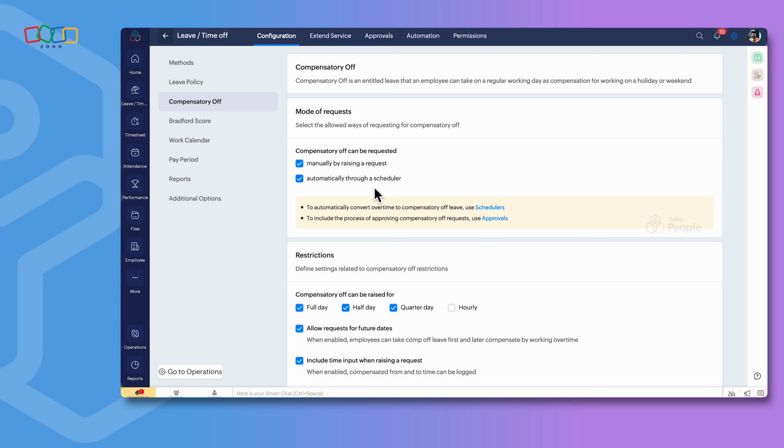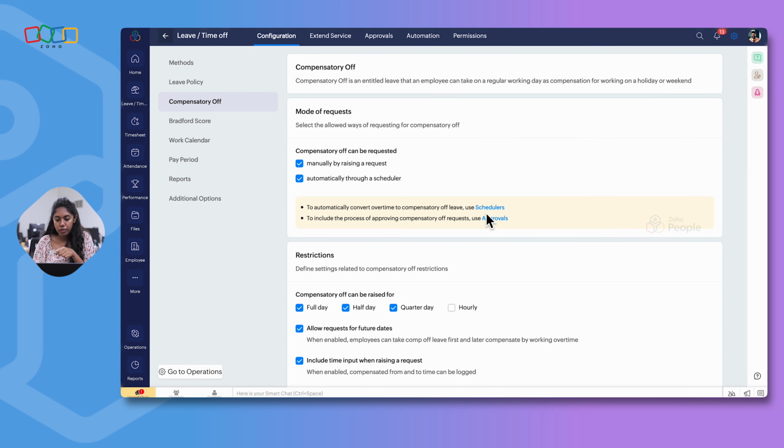So whenever an employee works on a holiday or a weekend, the system can automatically initiate the compensatory request on behalf of the employee. You can select the method that you allow your employees when it comes to submission of a compensatory off. And you can click here to create a new scheduler, and you can click here to create a new approval process.